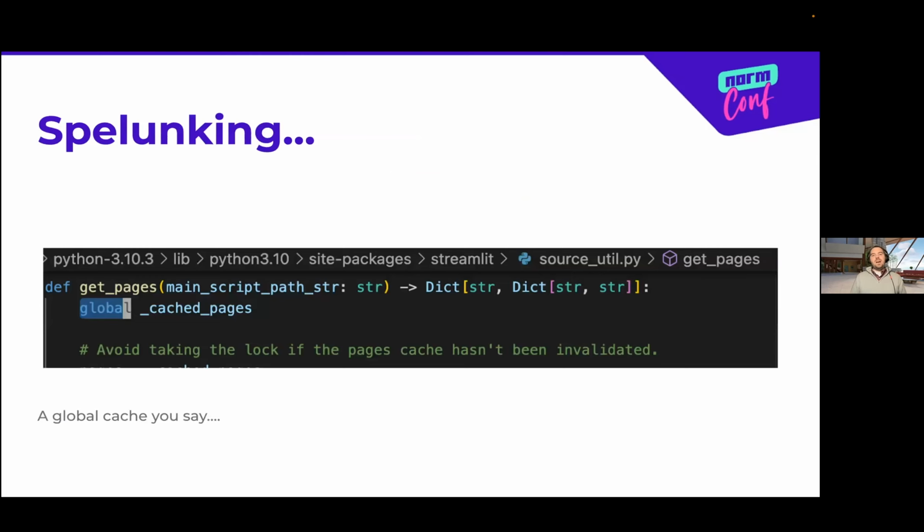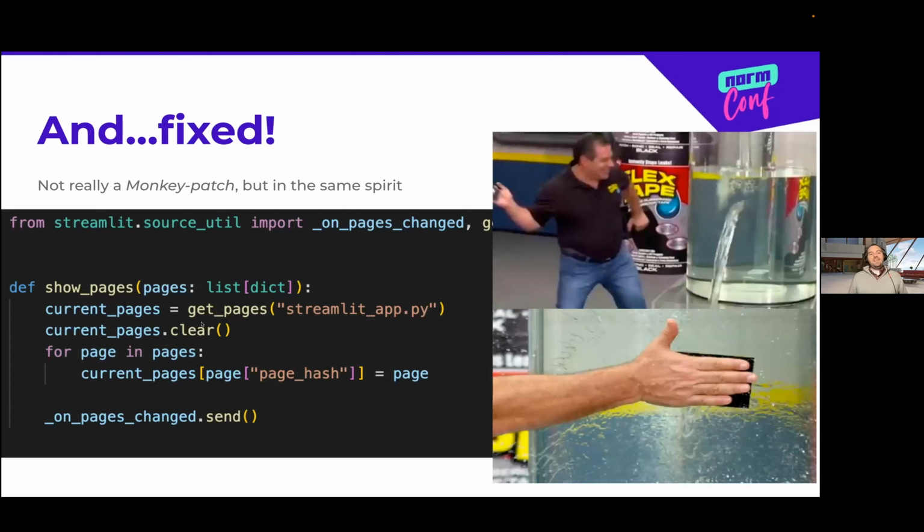So I looked around in the Python source code and found this method that's being called to generate that sidebar, which is called getPages. And lo and behold, it returns this dictionary that is a global variable that is cached, which means that if I make a new method that calls that getPages method, empties out the dictionary and replaces it item by item with what I want it to be, with whatever icon and whatever path and whatever name I'd like to give those pages, and then call this internal method, it just works.